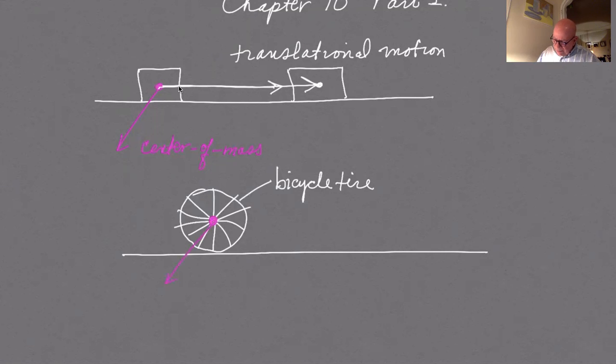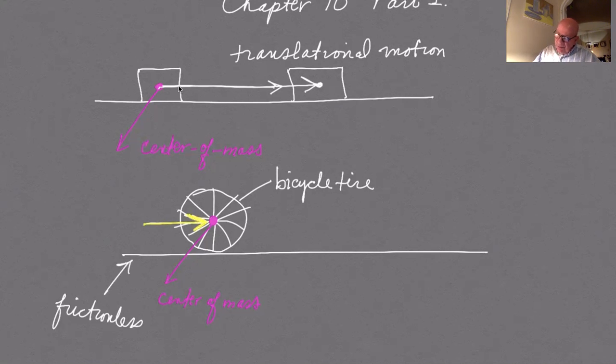This would be the center of mass. And if we were to exert a force, again, assuming at least at this stage that this is frictionless, if we were to exert a force at the center of mass,